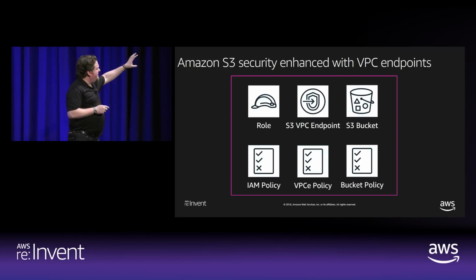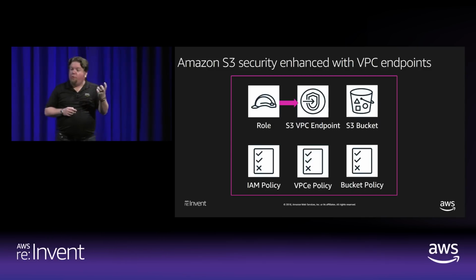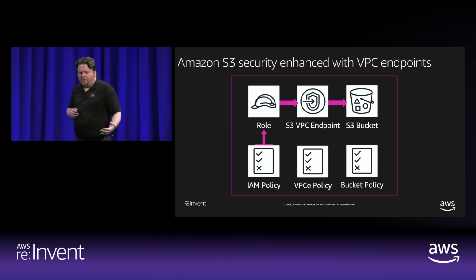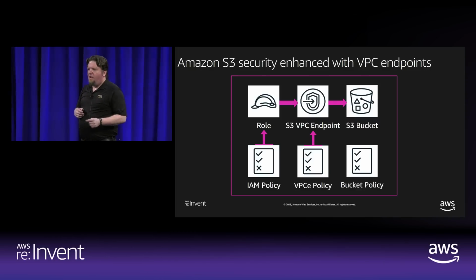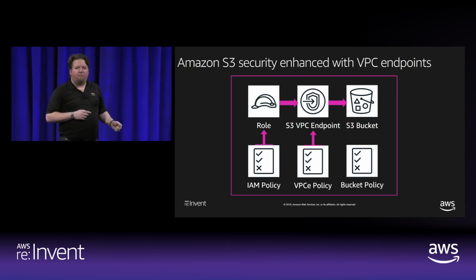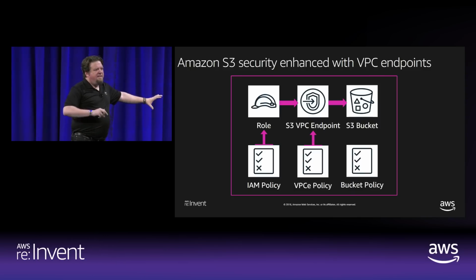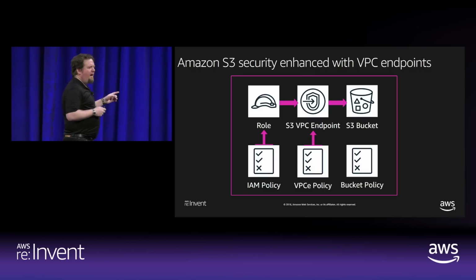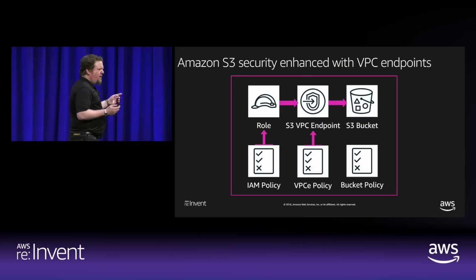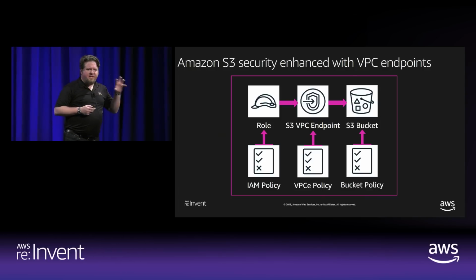So how do we reason about the role accessing the endpoint, using the endpoint to reach S3? We have policy language, as we saw earlier, attached to the role. As it turns out, there's policy language that can be applied to the endpoint. That is to say, separate from the identity and separate from the resource that it's consuming, the endpoint has a role to play. And the policy language on that can further raise the bar, as we're about to see. And of course, we have bucket policy, IAM policy language attached directly to the resource.